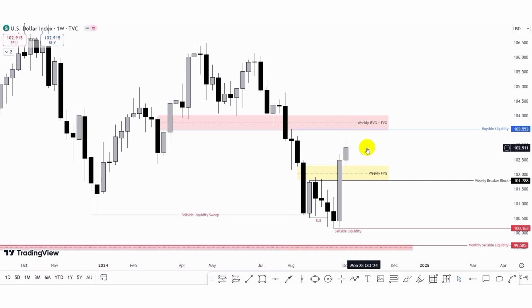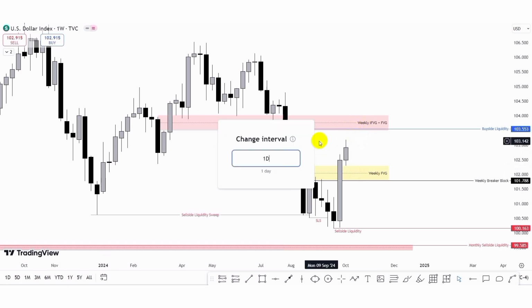But this is a weekly time frame, so let's actually drop to a lower time frame. So let's go to the daily time frame. We'll go to the 4-hour time frame, and possibly we'll check the 1-hour time frame. So actually look out for zones. We may expect to see the fall of price and then the continuation to the upside, or we may see price just push to the upside. Let's actually go to the daily time frame.